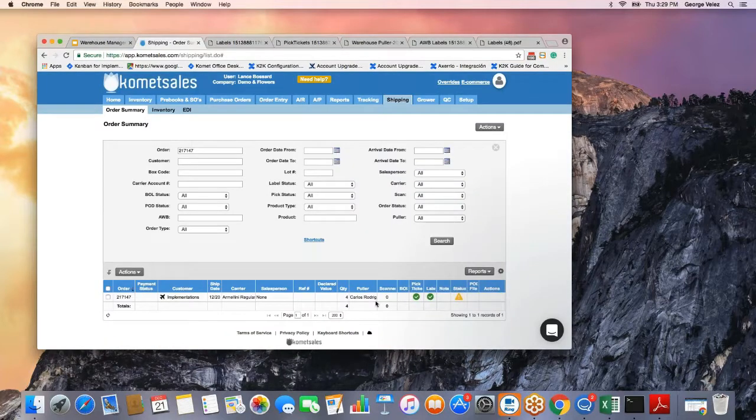If we go back into this order, within the scanned column, you will see that it will be updated with the amount of boxes that have been scanned. Notice here that there's an immediate communication between whatever the puller is doing on the scan gun and what the shipping screen is displaying within your Comet Sales platform. So now we have assigned a pick ticket, and we have seen that the puller has started working